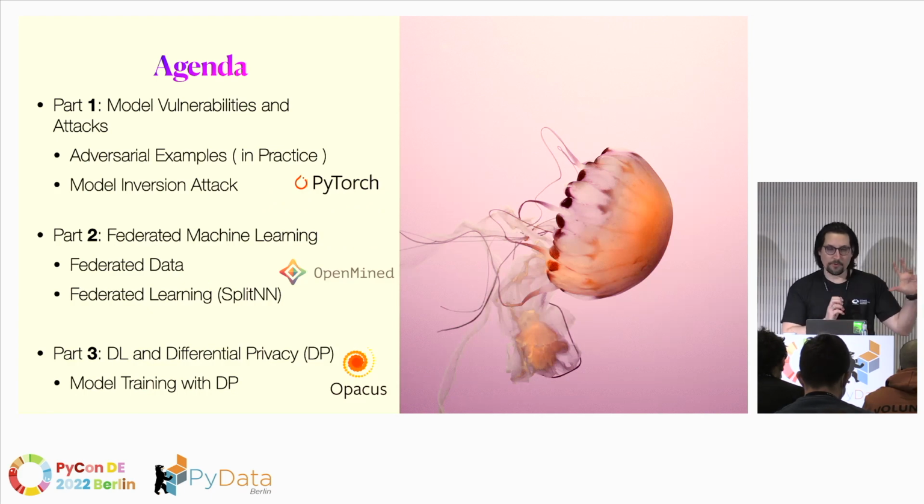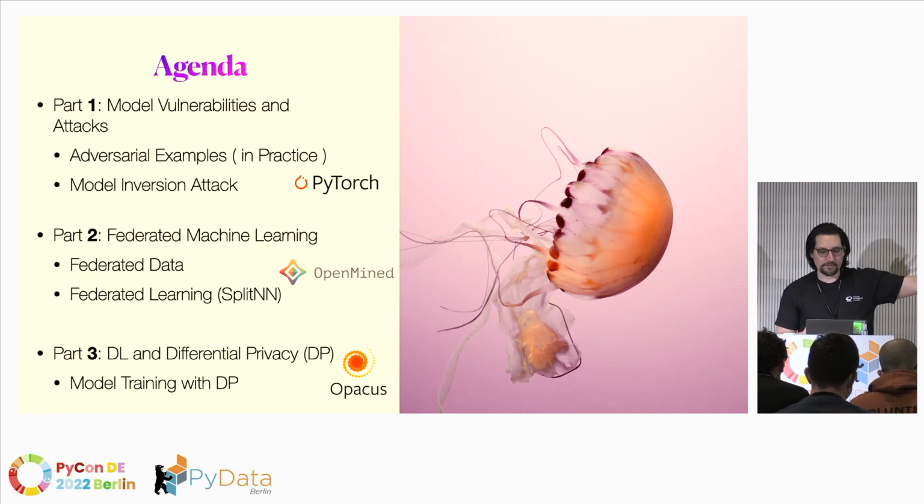What's the agenda? Three parts. We'll try to do our best, or probably we can jump through different bits. First part, model vulnerabilities and attacks, adversarial examples, the panda thingy, and the model inversion attack. Then we move on to federated learning. We talk about federated data, federated machine learning, so split learning, and then differential privacy and deep learning with model training to counterattack model